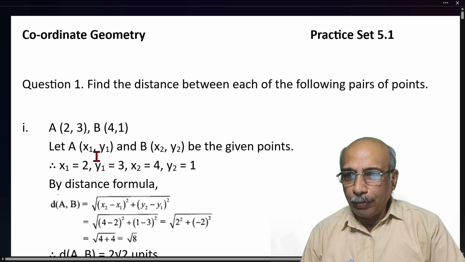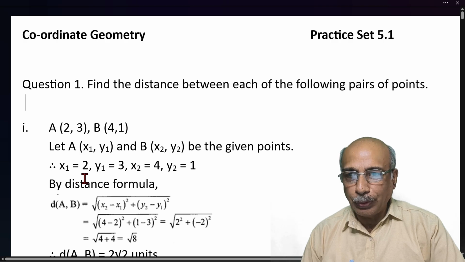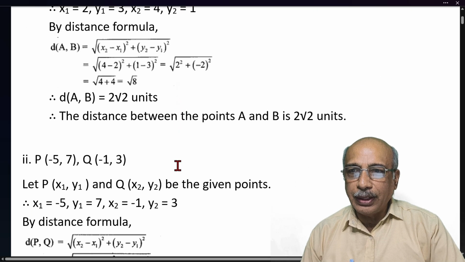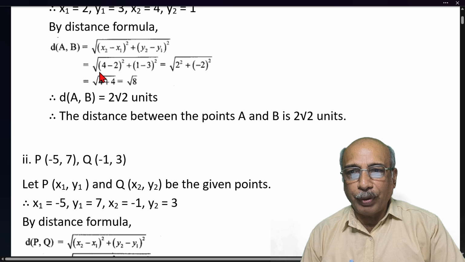So let A equals (x1, y1) and B equals (x2, y2) be the given points. Therefore, x1 equals 2, y1 equals 3, x2 equals 4, y2 equals 1. By the distance formula, we have seen the distance formula. Distance AB, where the two points' coordinates are given. Therefore, distance AB equals root of (x2 minus x1) whole square plus (y2 minus y1) whole square. Substituting the values of x2, x1, y2, y1 and calculating here, (4 minus 2) whole square plus (1 minus 3)